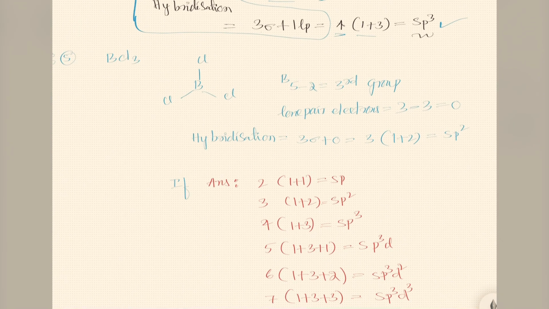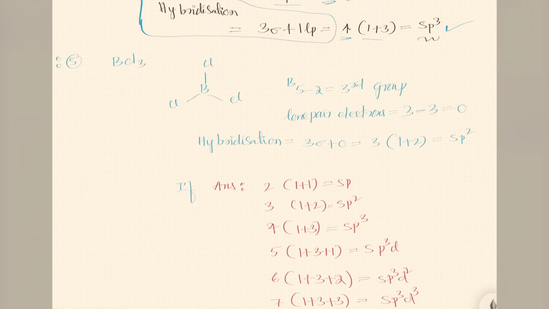Come to one more example, and it is very interesting, all of you consider this also. Boron trichloride. Just now we did it, but again I am going to calculate by using our formula. See, boron, 1, 2, 3. Now we need to find the group number: atomic number 5, the family elements are boron, aluminum, gallium, indium, thallium. So 5 minus 2, 3, that is third group. Now we need to find the number of lone pair electrons: 3 minus 3 bonds, 0, no lone pairs.